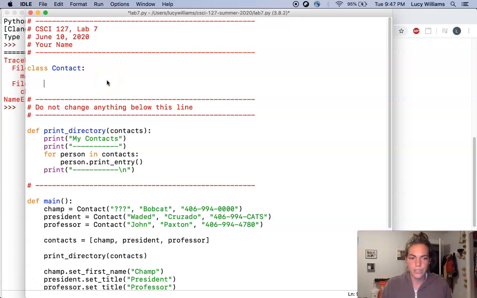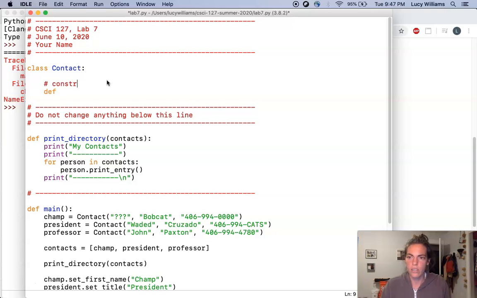So what's the first thing that our Contact class is going to need? It's going to need a constructor, right? Maybe I'll put in a comment here. We're definitely going to need a constructor, which in Python is always going to be called __init__, this magic method __init__. And we know every method needs to take in the self variable. Then if we look down at the code here, we see that these contact objects take in 1, 2, 3